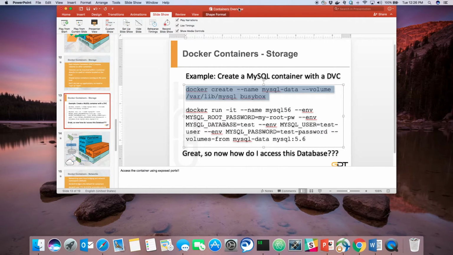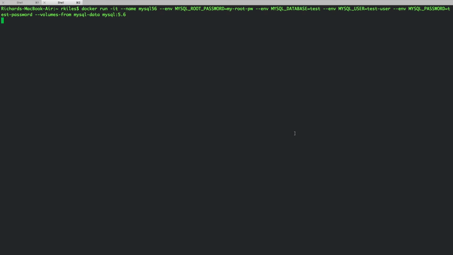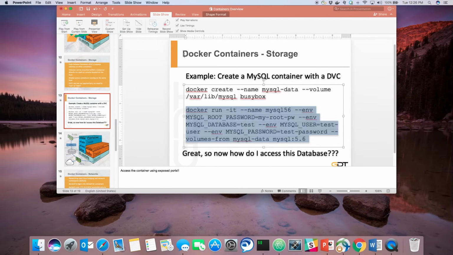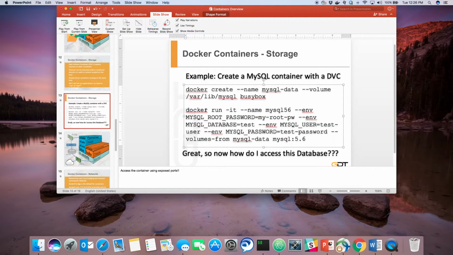Now let's create our SQL container. It's important to note some of the additional attributes that we have running within this container. Specifically, we're going to do a Docker run. We're going to use interactive terminal so we can actually see what's happening. You could also replace this with a -d if you wanted to run it detached in the background. We're going to specify a name for this running container called MySQL 5.6 because we're using the 5.6 version of MySQL. And then we're specifying some environment variables such as MySQL root password, MySQL database, this will be the actual